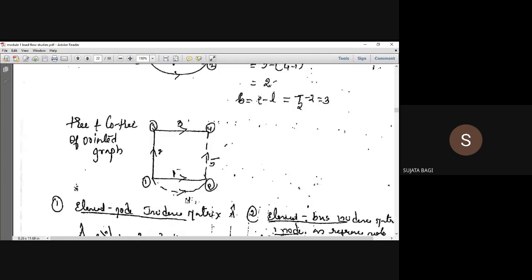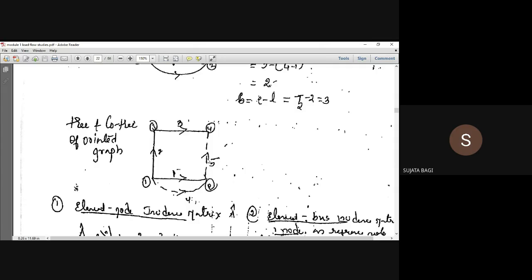I'll take 4 and 5. Starting in increasing order, 1, 2, 3 I'll take as branches, the remaining I'll take as links. Here I am taking randomly, but you have to take increasing order. Don't take it as 1 is a branch, 2 is a link. Take 1, 2, 3 in increasing order. But in the exam, if they specify that 1, 3, 5 are branches, then you have to take those 3 as thick lines. Getting it? If they don't provide, then you take your reference as 1, 2, 3 are branches, and the remaining 4, 5 are links. 2 links they told.